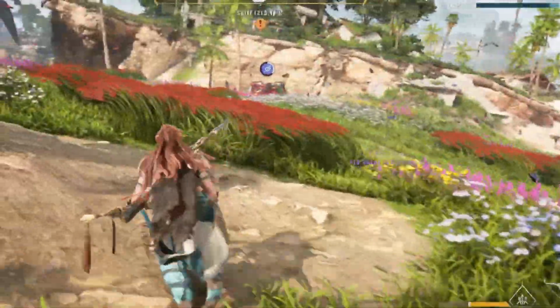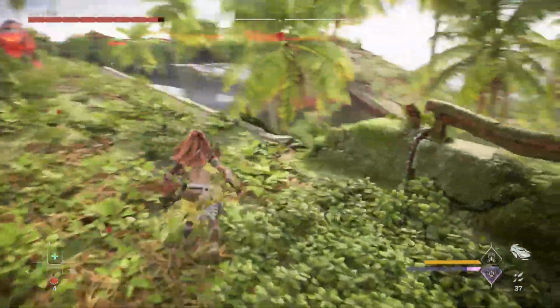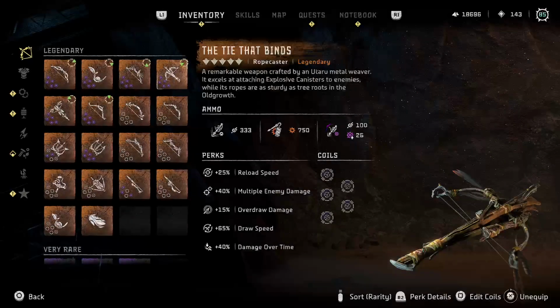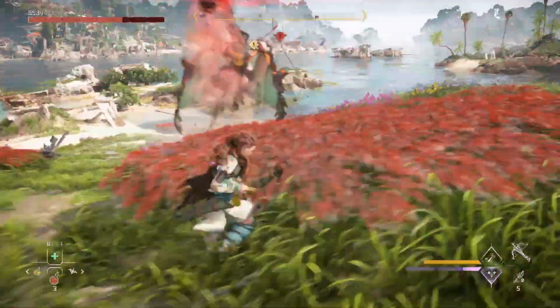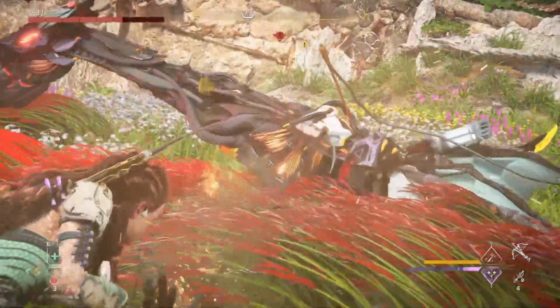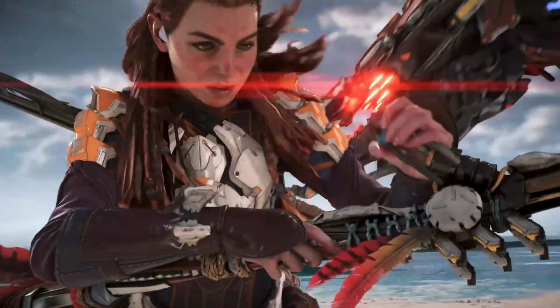The 6th spot in my weapon wheel is typically the one I'll swap out most often, just depending on the machine I'm fighting, or if I'm just trying to experiment with something new like my Spectre Gauntlet. Currently though, I'm using my trusty Ropecaster, the tie that binds, with 3 25% draw speed coils and 2 25% reload coils. I find that with this loadout, I'm pretty much prepared for a fight no matter what machine comes charging at me next. And those are my top 8 tips and tricks to help you conquer the Burning Shores,